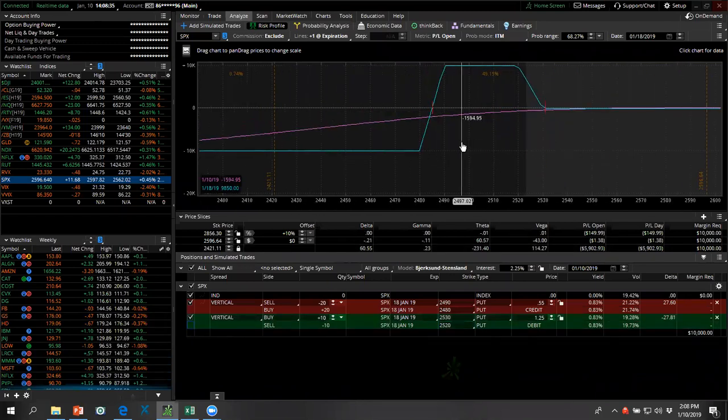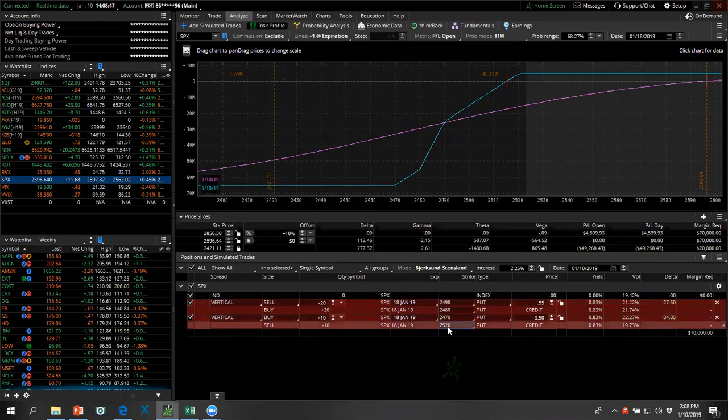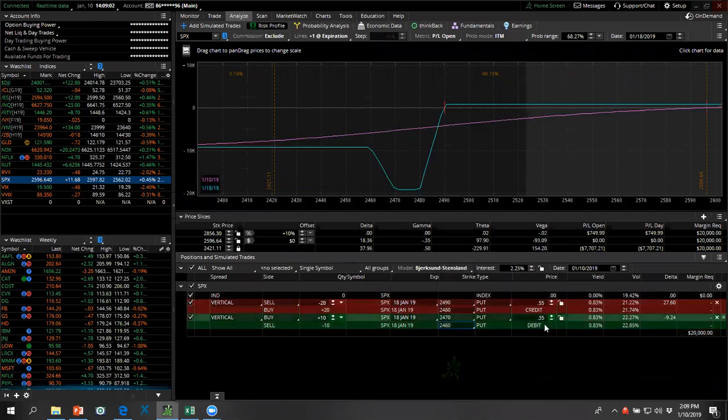What if, instead of putting the debit spread in front of the put credit spread, I put it behind it? Well, let's work that up. So how about 24.70 slash 24.50? No, let's make it the same at 24.60. Right there. Okay. It's 35 cents debit. What has happened now? Well, Thinkorswim, it didn't change the margin.